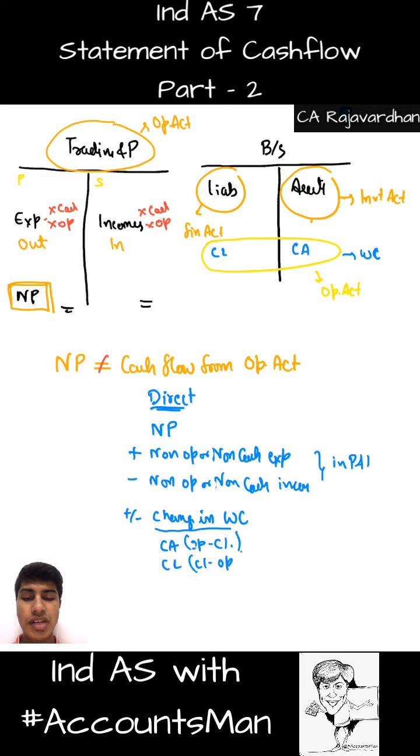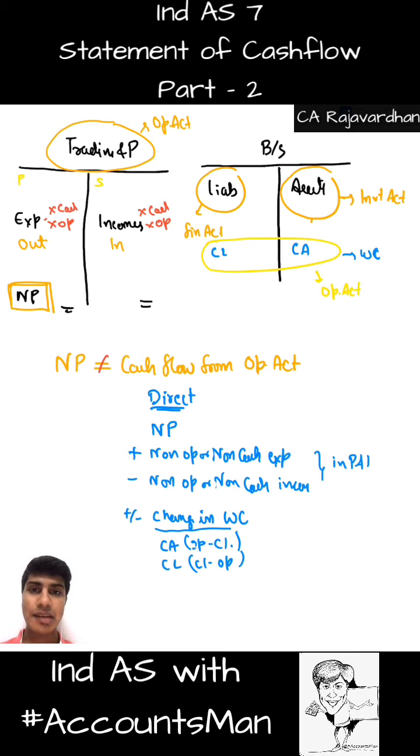Yeah. Because this is a revision lecture, I am not diving deep into it and explaining the logic. If you want me to tell it in the span of a minute, I'll tell you. See, if there is a current asset increase, what would happen? Meaning you are buying stock. When you buy the stock and there is an increase in the current asset, you would have to shell out cash. So the cash is decreasing. You get that? So there is an increase. So closing is more, opening is less. So it is minus. So we do opening minus closing.